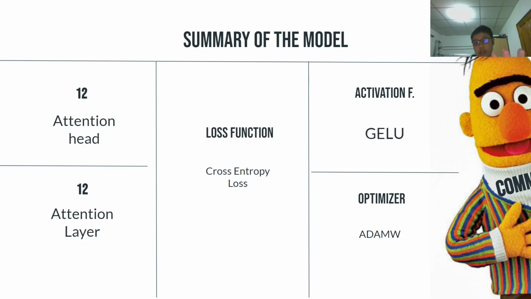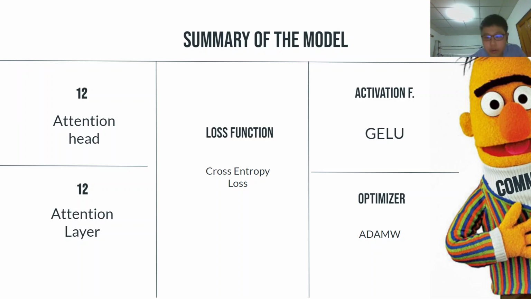GELU is just like ReLU, but when the value is negative, it behaves like a normal distribution instead of treating everything as zero. As for the adaptive part, it simply updates the learning rate: as the epoch gets higher and higher, the learning rate will be lower and lower. It will update